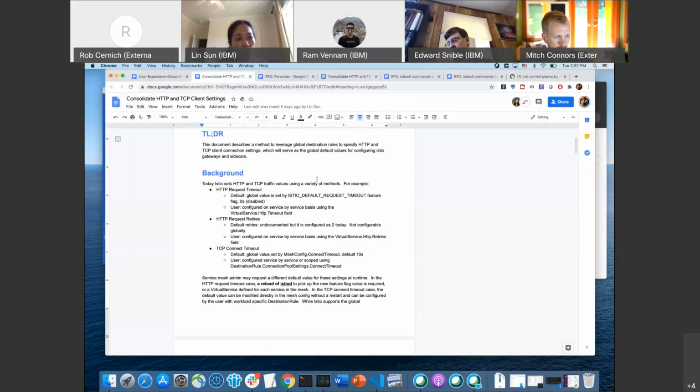For global timeout, there's an environment variable, which we don't necessarily support. You all know environment variables are experimental. They're never intended to be a proper API, and there was no global way to set retries. So that's the background for this